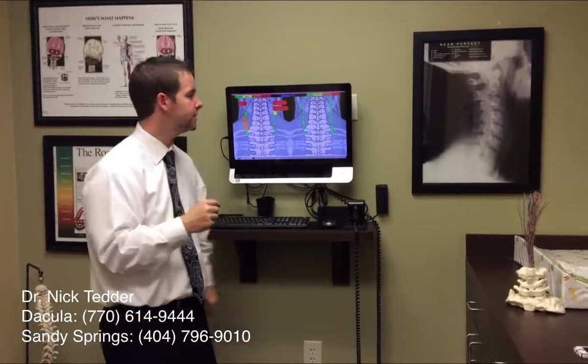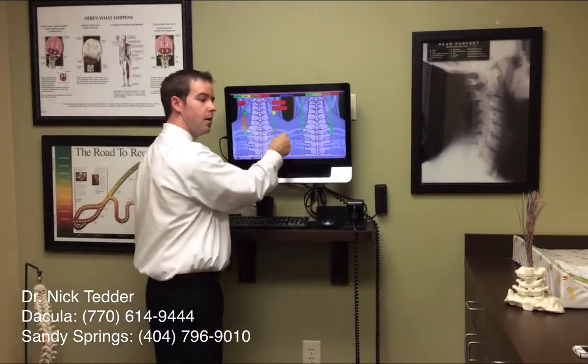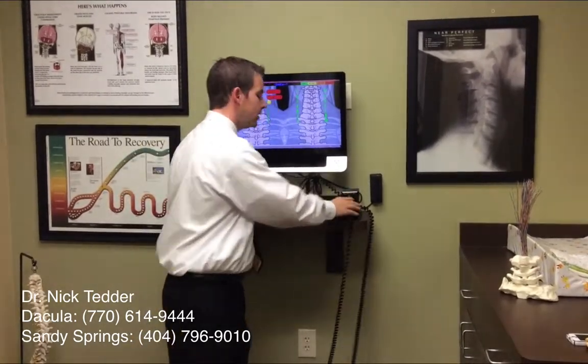Now, if you do, and you decide that, hey, I would like to find this out, then what we're going to do is we're going to do a bunch of things, but the two main things I want to show you today is we're going to do something called thermography. So you can see that on my computer here. Thermography is where we basically take a scan of the spine and the nerve system, and what we're looking for is